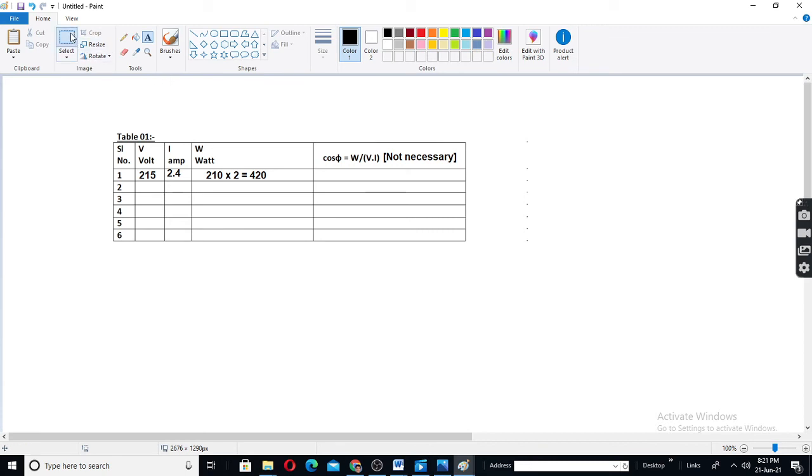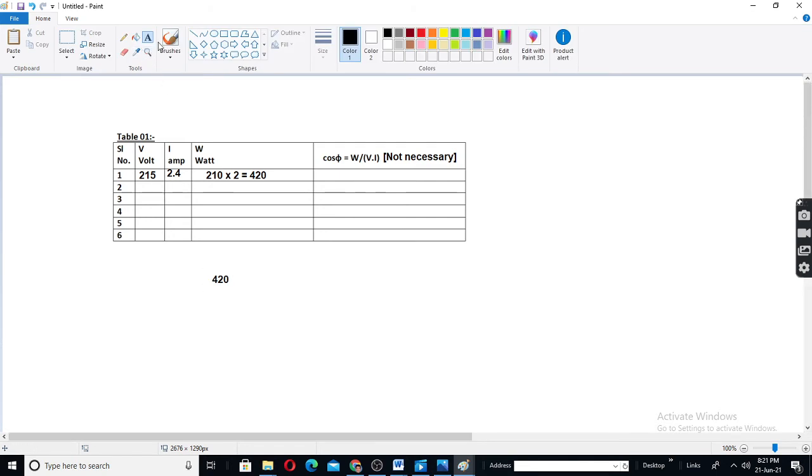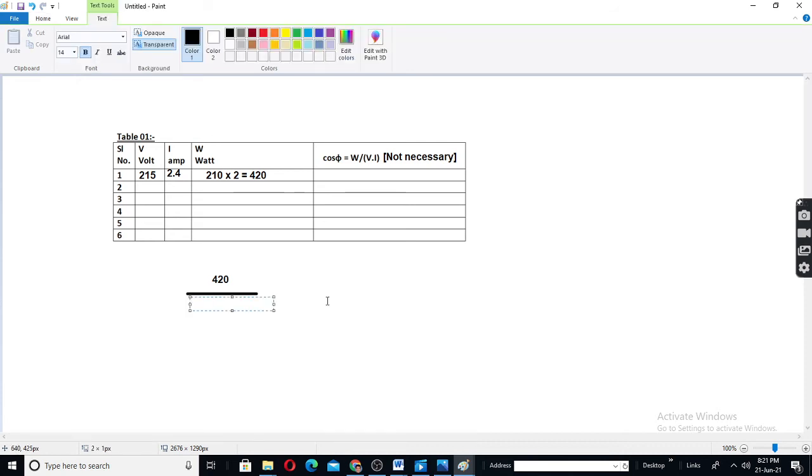So you can write here 420 divided by V into I. What is V? 215 into 2.4.